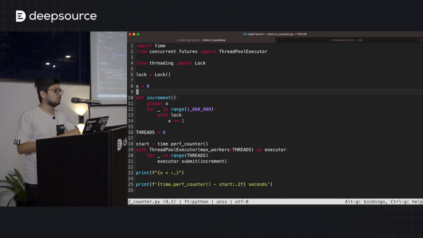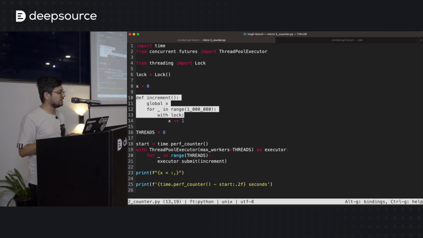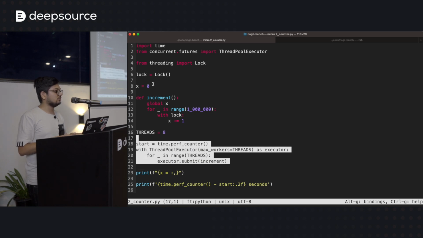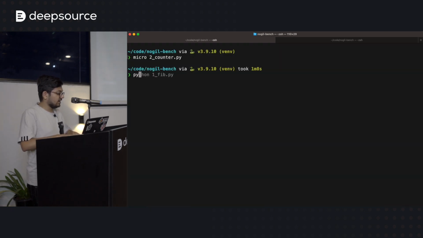So to sort of try to simulate what's going on there, we're going to have to do this little thing where we have this function which takes the global variable and it tries to increment it a million times. Okay, and we do the same thing. We start 8 threads. So we take the global variable and we increment it a million times, but do the same thing 8 times. So the final value here should be 8 million.